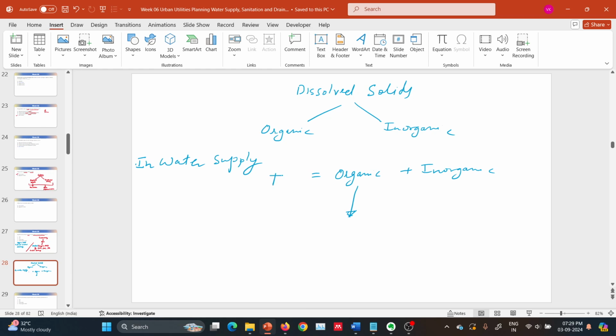If I say total dissolved solids, that will be organic plus inorganic. So organic content is less. That's why TDS equals inorganic dissolved solids